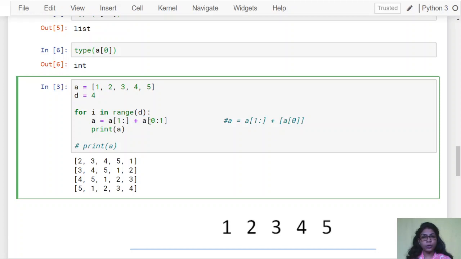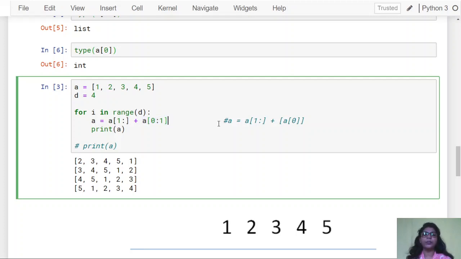So how to convert that integer into a list? It is simple. We can use slicing. From index position 0 to 1, where 1 will not be included, obviously it will take only the single element present at index position 0, but it will take that element in the form of a list. So when you check the type of this, it will show you it is a list.